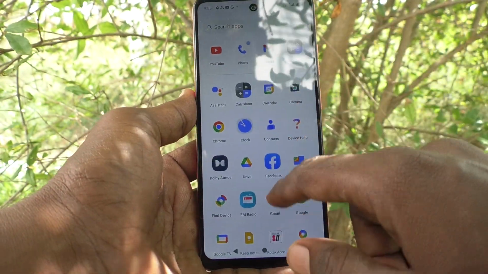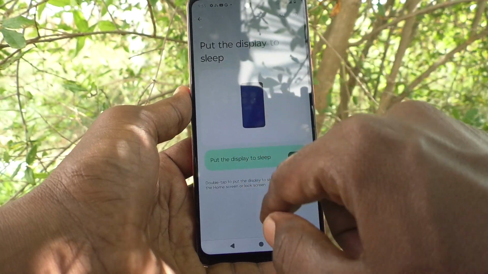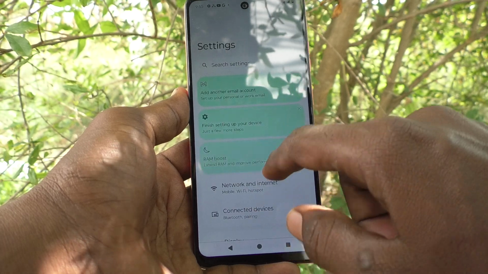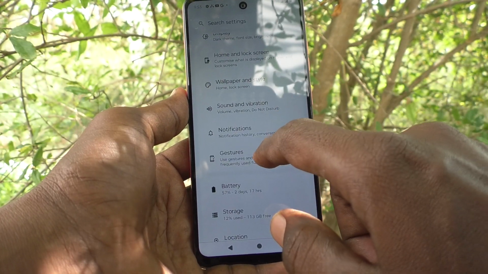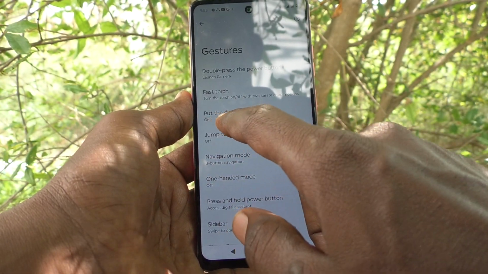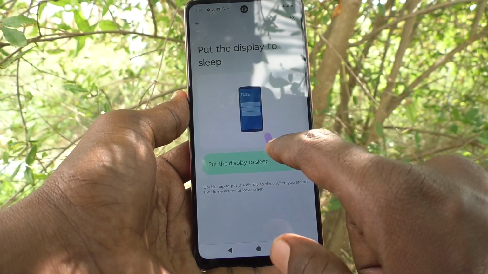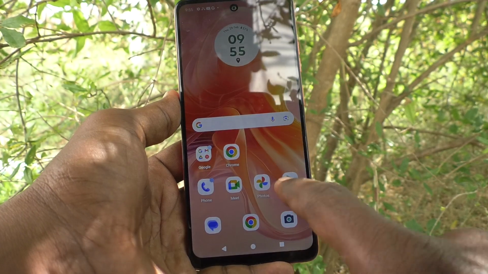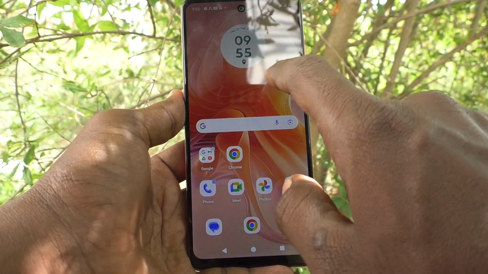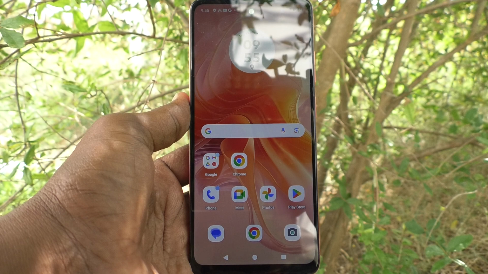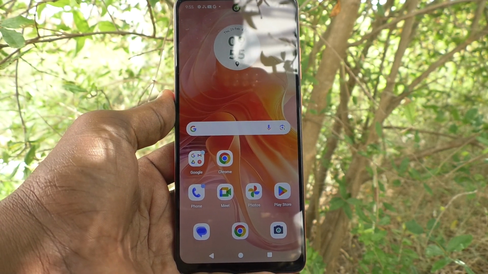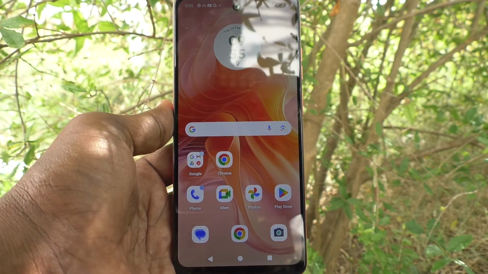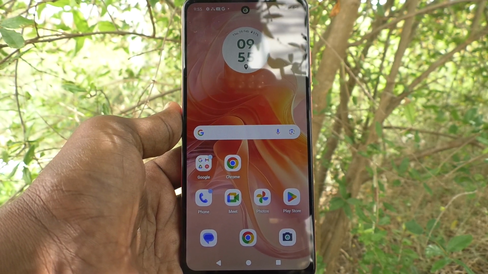What you have to do is go to settings of your phone here, then go to gestures, and here select put the display to sleep and turn off this button, put the display to sleep. Now if you double tap on home screen, it will not be locked, okay, because already the setting is now turned off. Okay, so in this way you can easily deactivate double tap to turn off the screen in your phone Moto